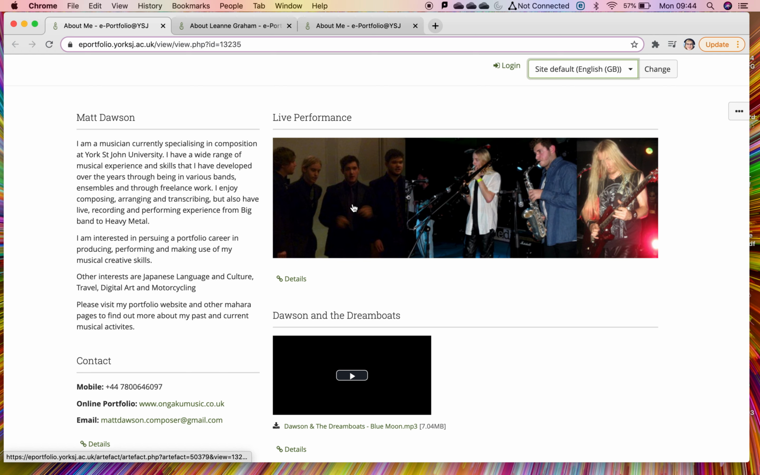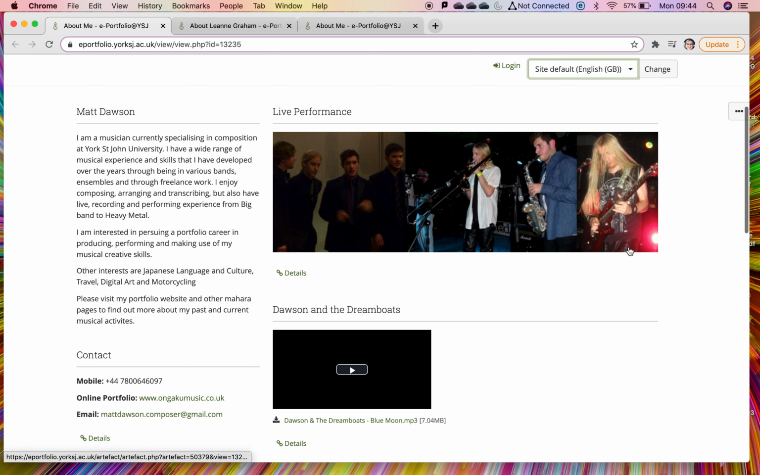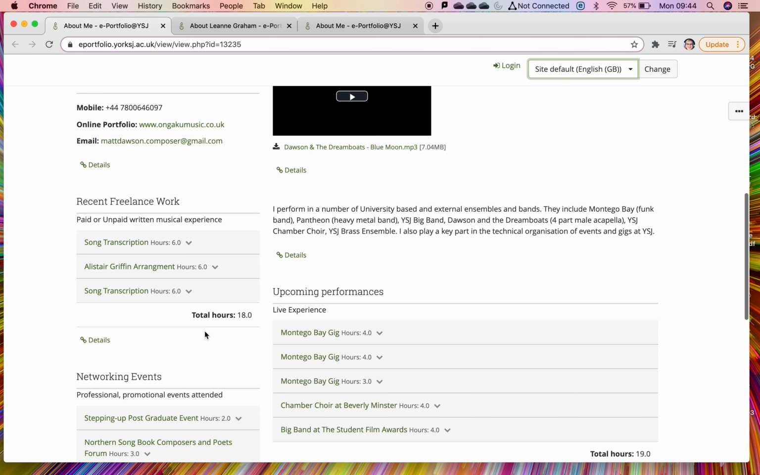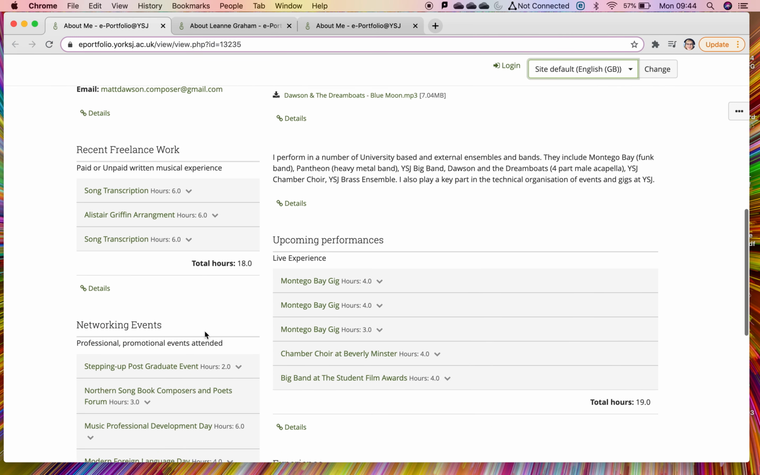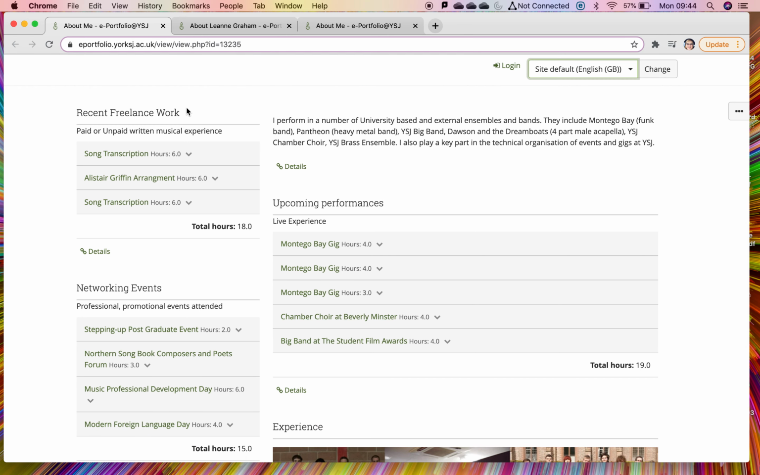Ideally, they could be a bit more professional, but this was about 10 years ago, so they were probably the best photos we could have got at the time, actually. And a little About Me bio bit, some contact details. Let's whiz past them, and examples of freelance work, some networking events that this person's been to, and some upcoming performances,